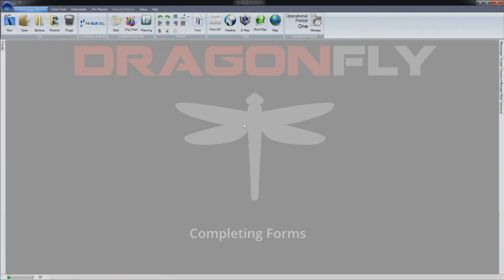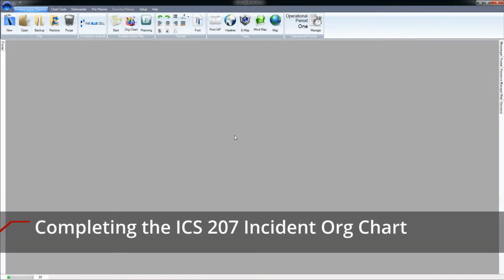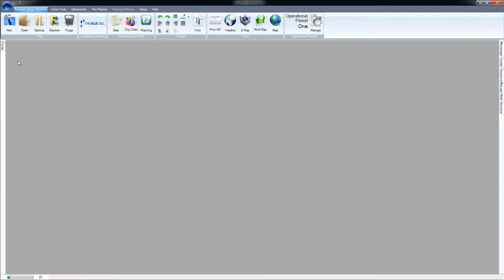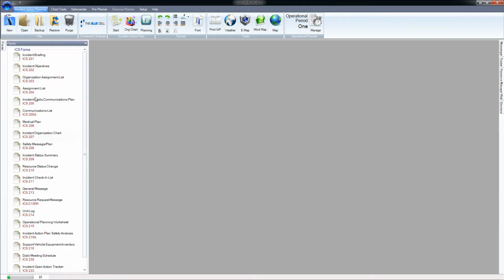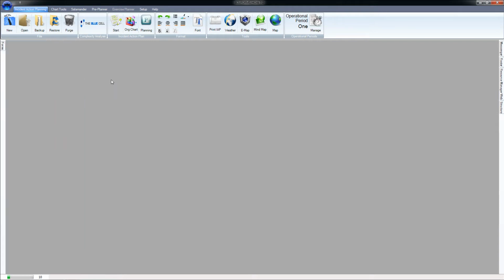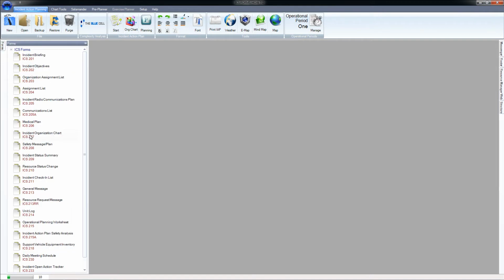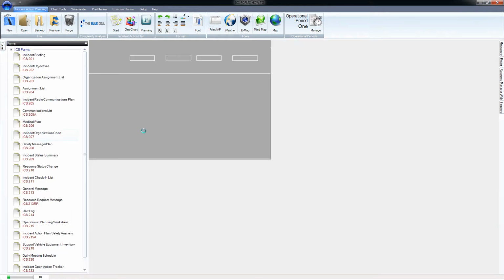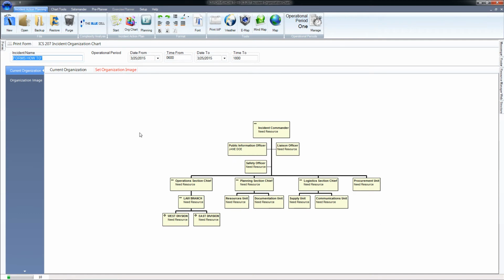In this video, we're going to take a look at how you produce the ICS 207. Remember, these forms cannot be created or edited unless you have an IAP already open. Alright, there's two ways to access the org chart. There's a primary ICS 207 production using the ICS 207 form. You just double click on it, and what you're going to see is some incident information and the current view